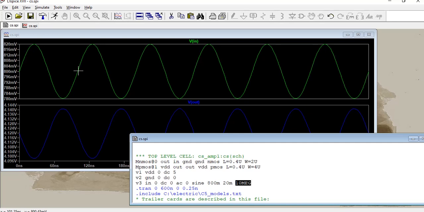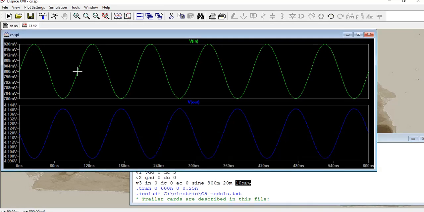If I place my cursor over here and look at the bottommost corner, the moment I place the cursor over here, it is coming down to 100 nanoseconds, and if I convert that in terms of frequency, that is nothing but your 10 megahertz. So this is the nature of the waveform.